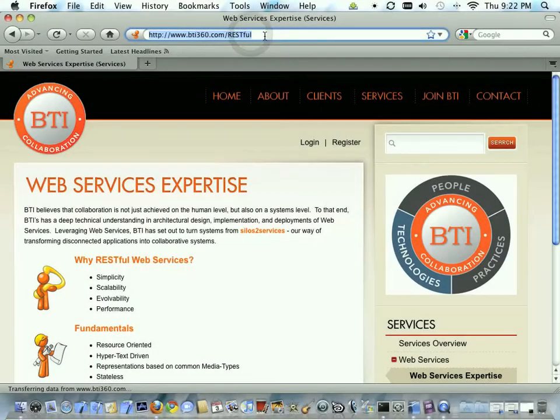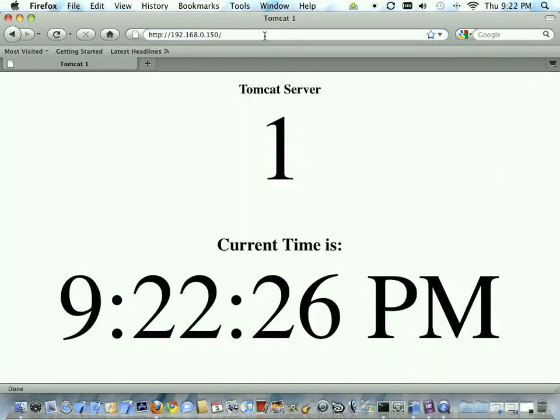So as I explained in part 1 of the screencast, our web server is running Apache and 4 Tomcat servers at 192.168.0.150. So I'm going to hit that request right now, hit that server. And a very simple web app that I'm running